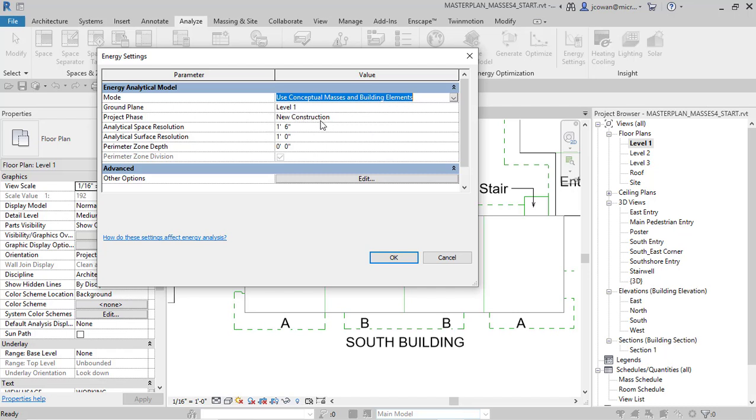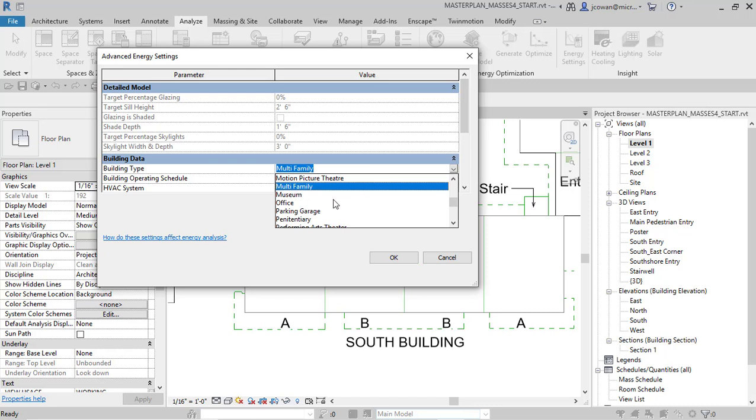It's all in a new construction phase, and the default for this is usually 15 feet, and that would be like the distance to the first internal wall. We can leave it at that, and we can go with the defaults. We don't want a perimeter zone. These would divide up that outside zone, and we don't want that. I'll leave it on so we can see it. So I'll not turn it off. Okay, so